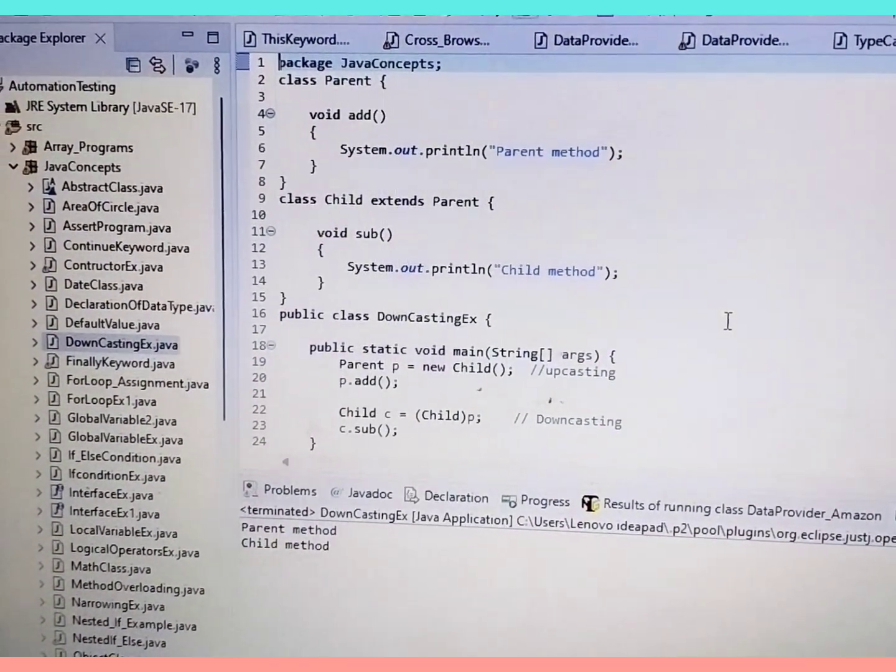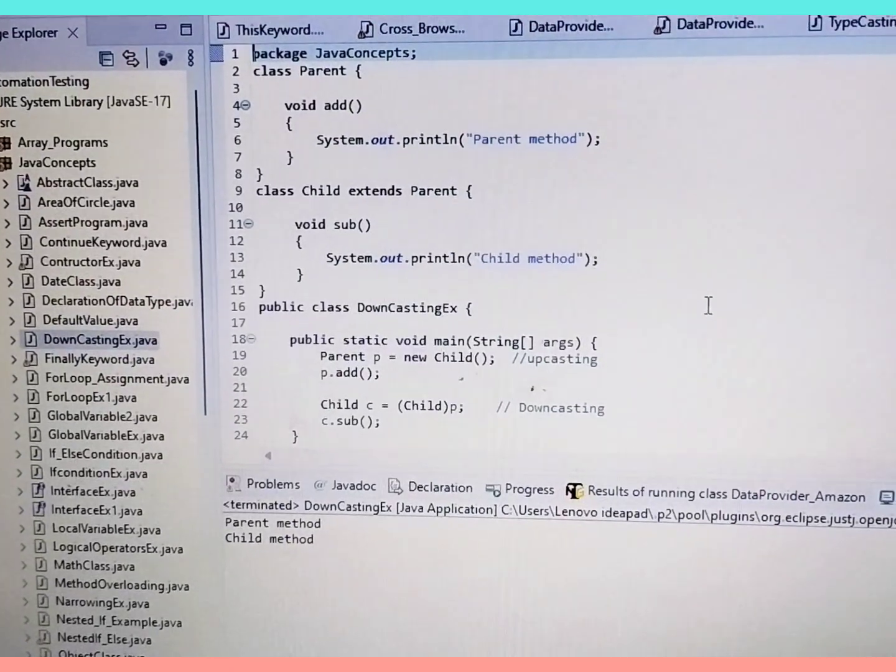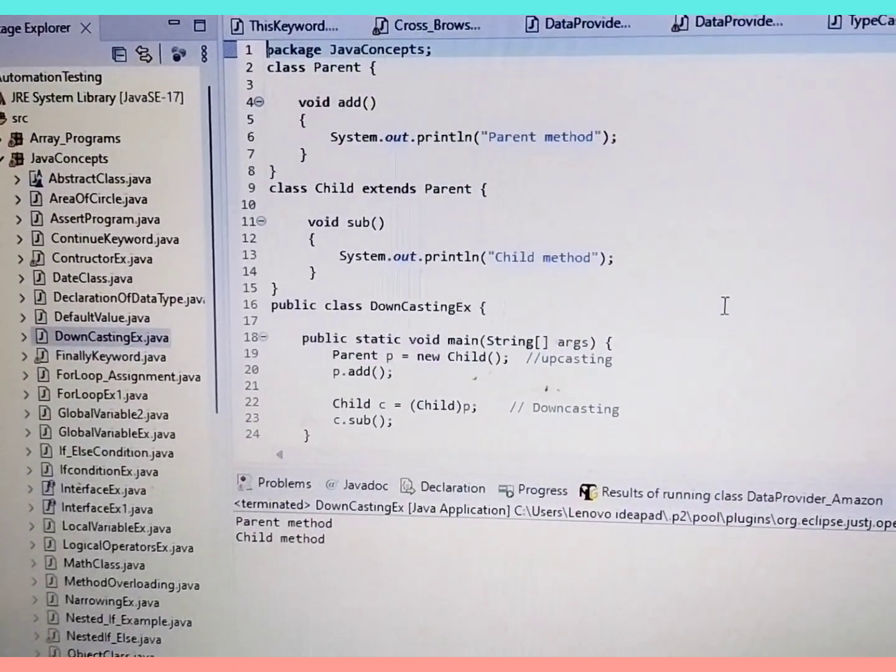So remember this simple rule. Upcasting gives flexibility, while downcasting gives access to child-specific